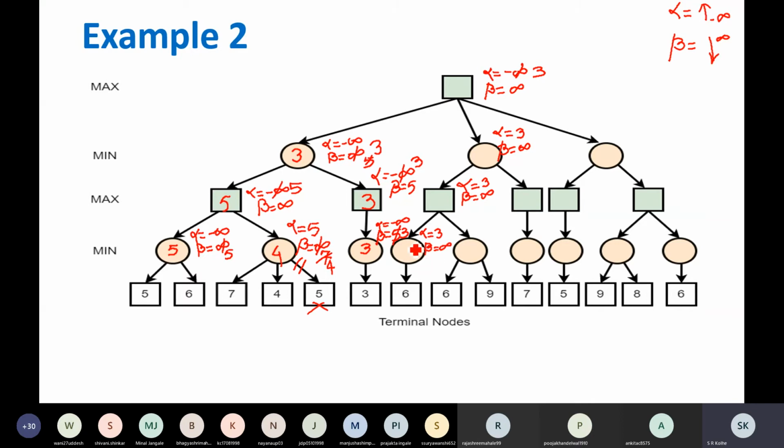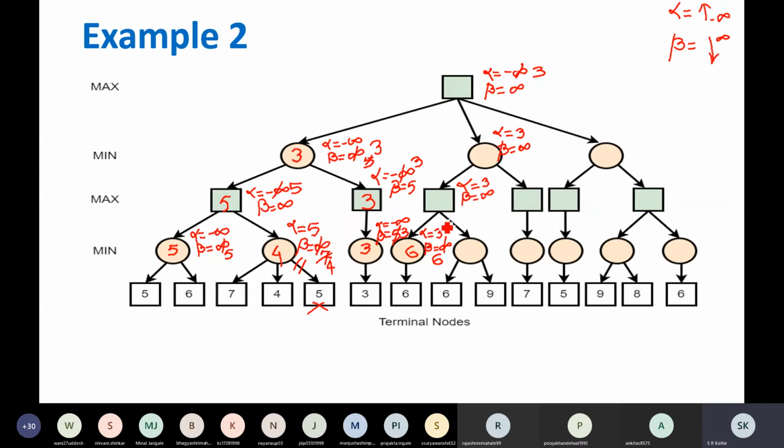What will happen out here? It's a minimizer node. Update the value of beta. It is getting 6 from this. So what will be the value of beta? 6. 6 is better than infinity, right? So value will be 6. Value of this node is 6. Go back. It's a maximizer node. Update the value of alpha.